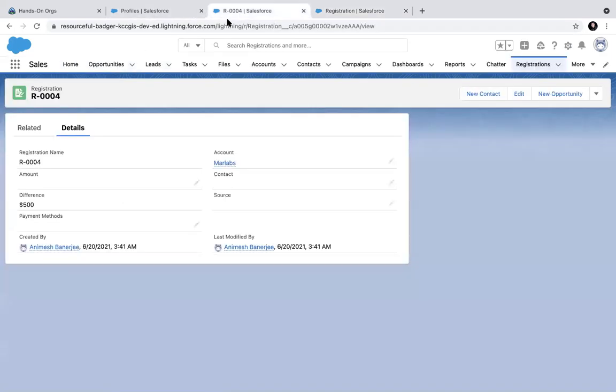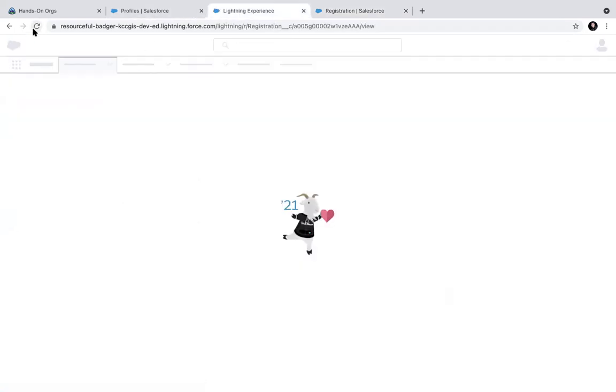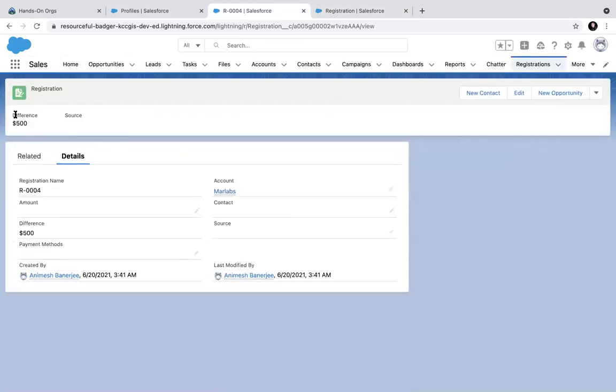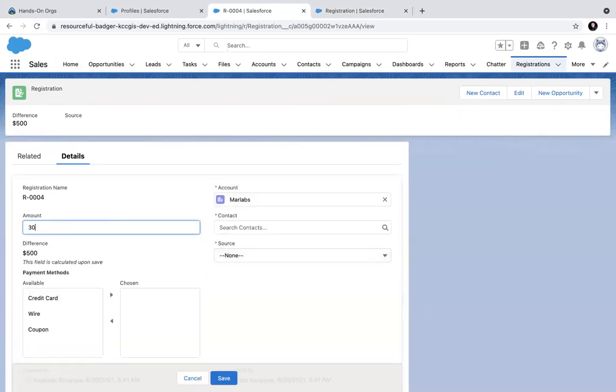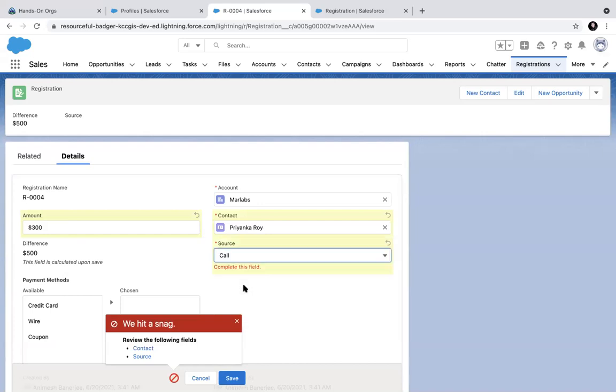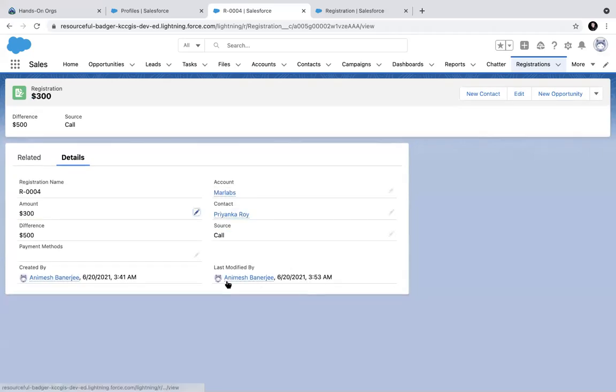If I go to compact layout, which is here, it is showing me the difference and the source. I have not put any amount, that's why it is not showing any amount. But if I put some amount, yeah, amount, difference, and source.